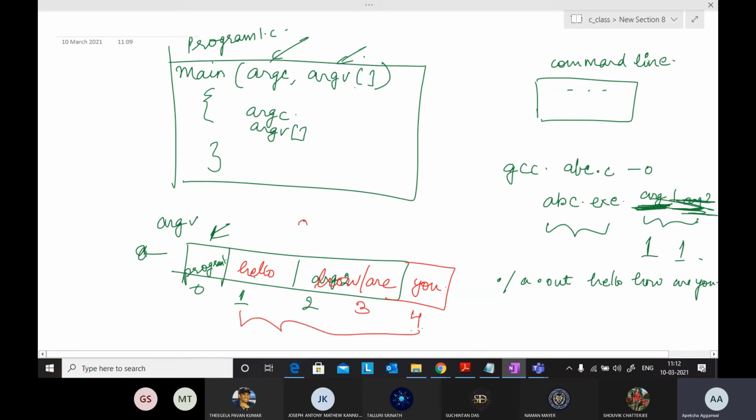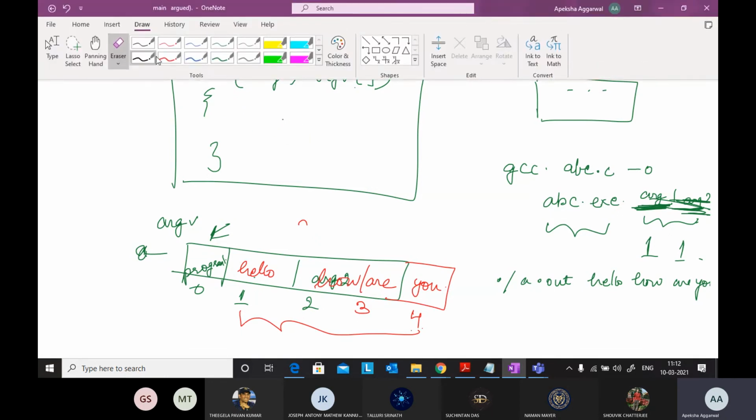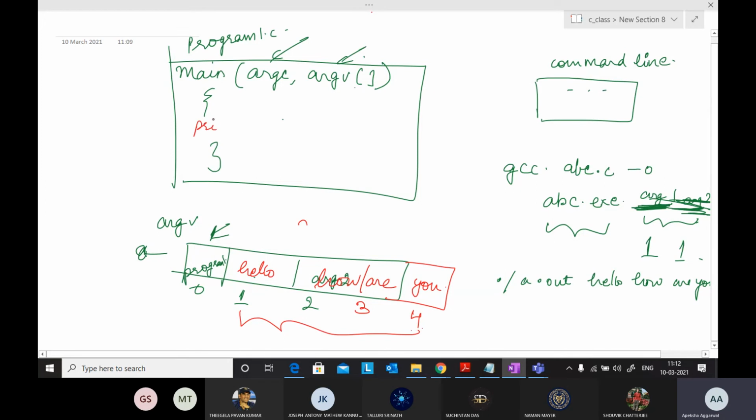If I do printf over here, I can use these values in my program. I can do printf %s and to print this one, I will say argv[1]. What will this print?